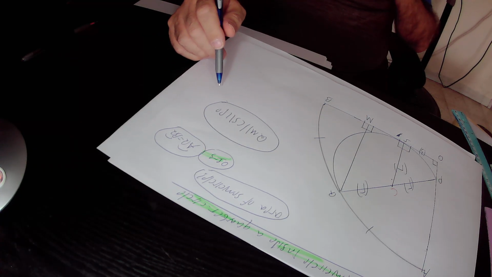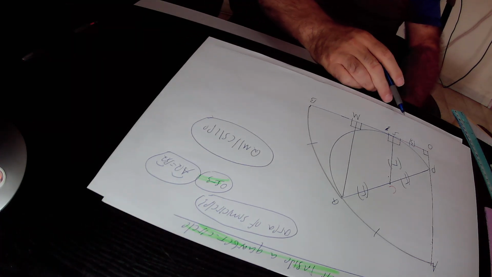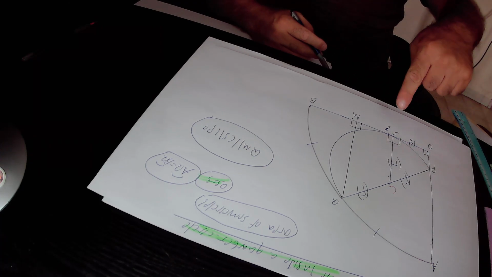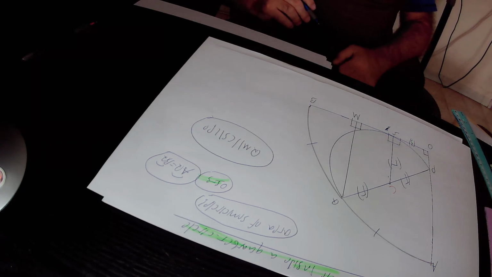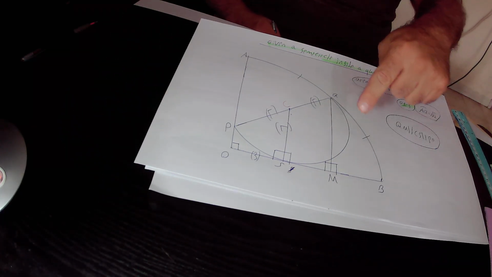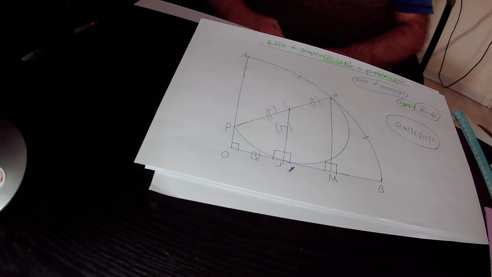So we have here three lines that are parallel to each other. PO is parallel to CS is parallel to QM. And then again, we have in the drawing three lines, QM, CS, and PO that are parallel to each other. And whenever you have three lines or more that are parallel to each other,